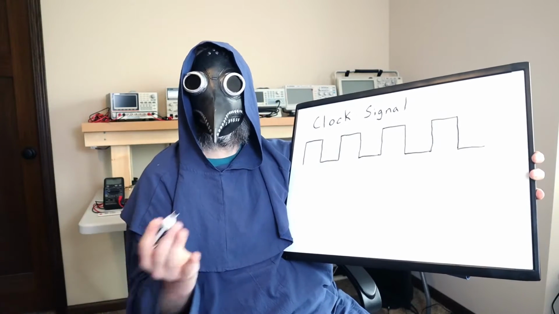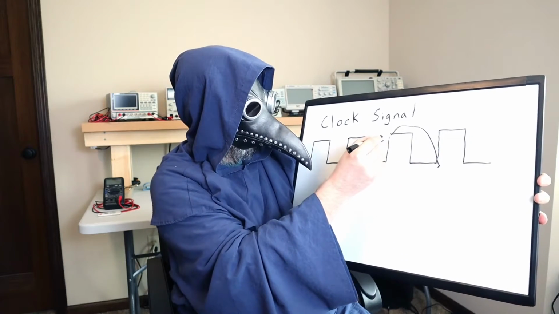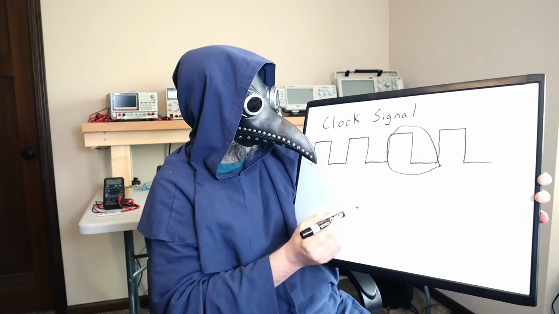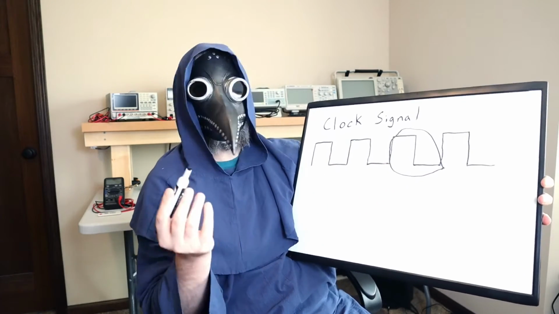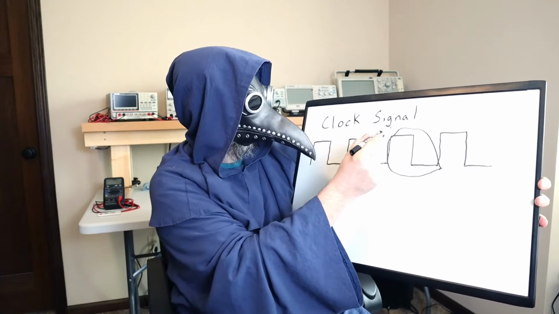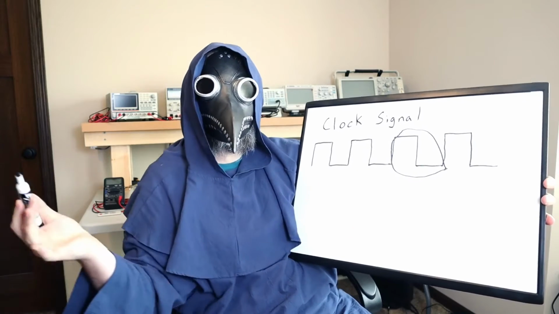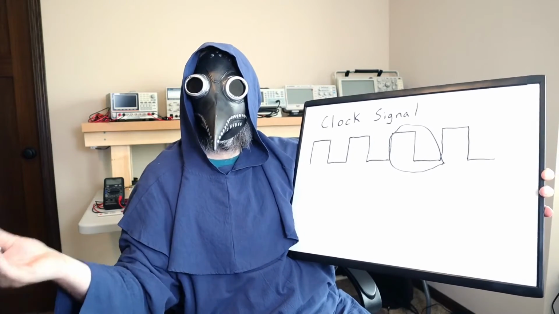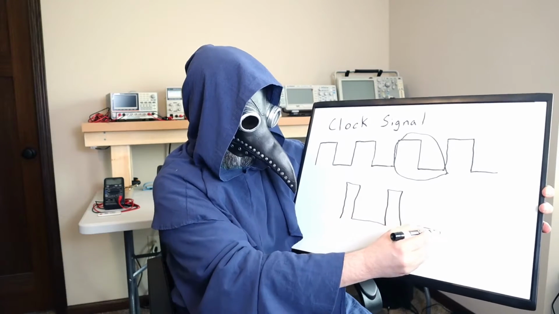If you take the clock signal and look at one period of it, which is the shortest section of time that repeats, then the percentage of time that the signal is high is the duty cycle. So, in this case, we have a 50% duty cycle since the signal is high for approximately 50% of the full period. A 33% duty cycle would look something like this, and it would keep repeating.